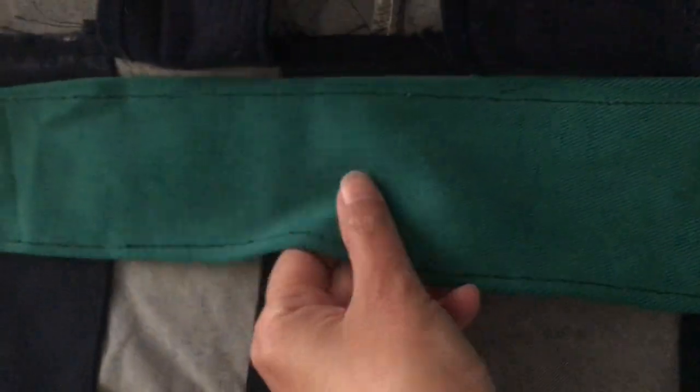I put one, I leave it down. The other I put it up. One I leave it down, the other I put it up. I take the green one and I put it like this. Now I put this down, I put this down. That is the first one. Now I'm going to put this one up now, this one up,